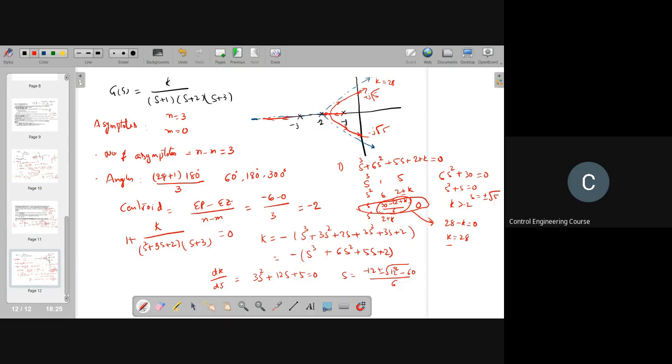So this is all about the root locus construction. This shows how the root locus is changing. This is the point at which the roots are at k equal to 0. The roots are at -2, -1 and -3, and the root locus is changing as k goes to infinity. Here it will go to infinity as k tends to infinity.